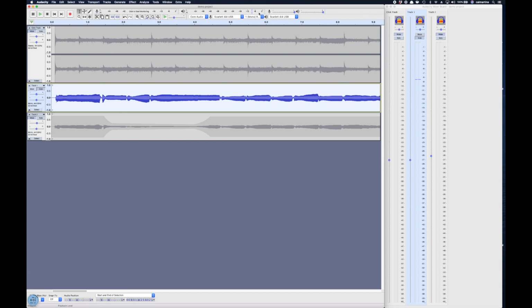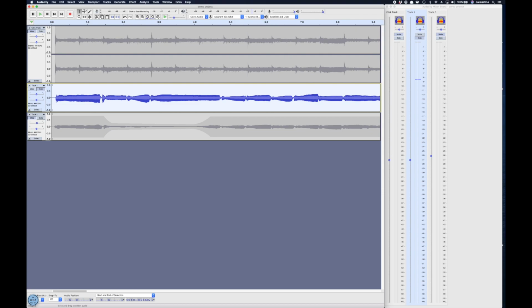The whole premise of leveling basically is you're going to want to make sure that this bar is not going especially above 0, or even touching 0, or even getting close to it. You don't want it up there. But at the same time, you don't want it at -24, because then your whole track is going to be really quiet and everyone's going to have to turn up their speakers super loud to hear you. I don't think a lot of you will be working with more than 50-ish tracks. That's a pretty high estimate, but 50 is around the area where you need to use some other techniques in order to get